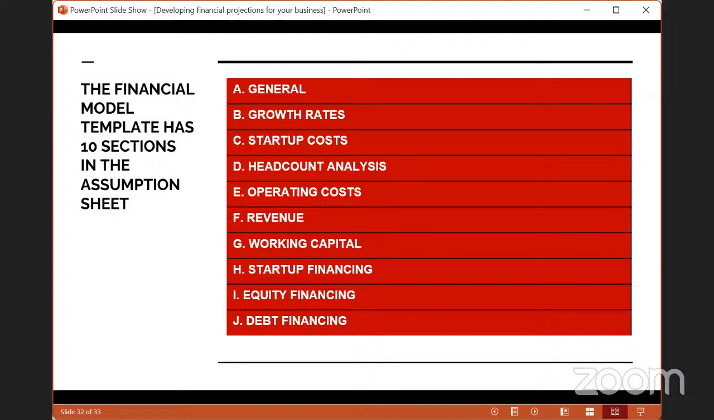One important thing to note is that when you get your financial model templates, the Excel templates, I noted a good number of people were dropping the comments that they were not able to see the drop down where they could select their business country. If you're encountering that issue, it's because your workbook is still in protected mode. So you have to download